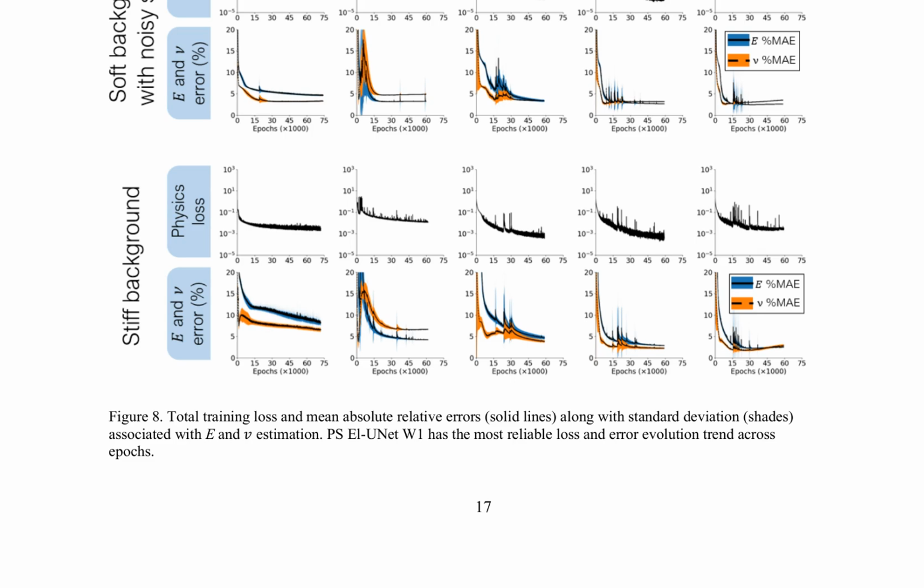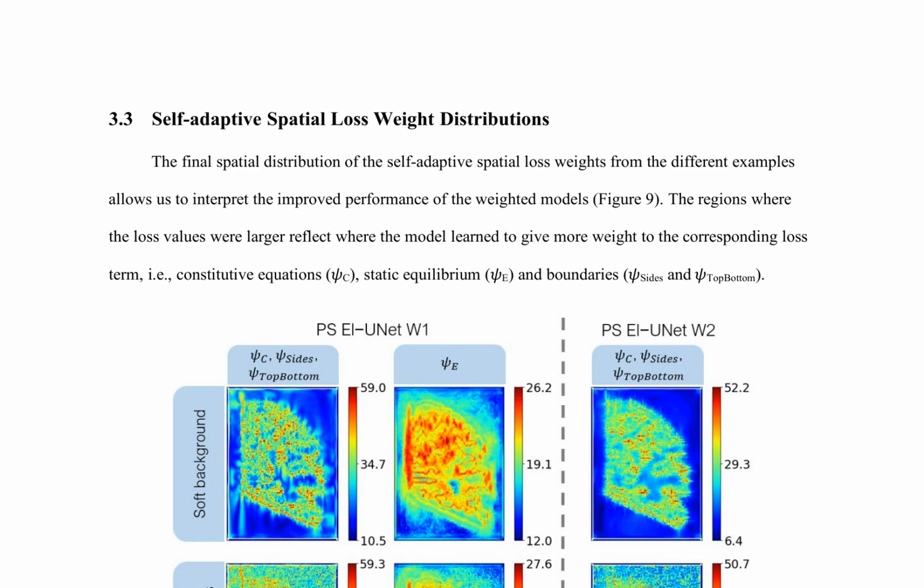The self-adaptive spatial loss-weight distributions, learned from the different examples, provide insight into the improved performance of the weighted models. The final spatial distribution of loss weights, visualized in Figure 9, indicates that the model assigns more weight to regions with higher loss values, corresponding to the constitutive equations, PSPC, static equilibrium, PSPZ, and boundaries, PSP sides and PSP top-bottom. This adaptive weighting enables the model to penalize itself more heavily in regions where physical constraint violations are most pronounced